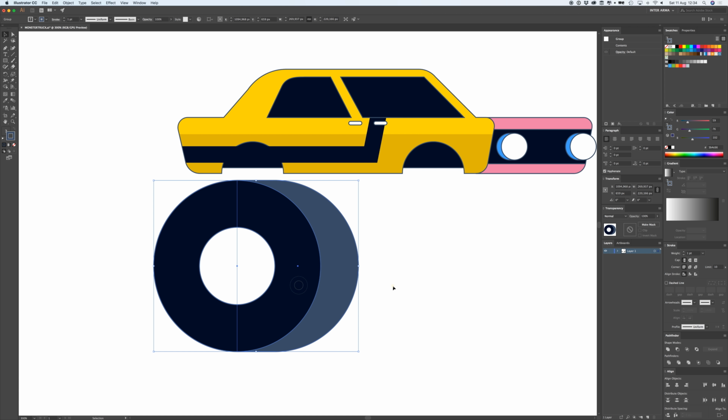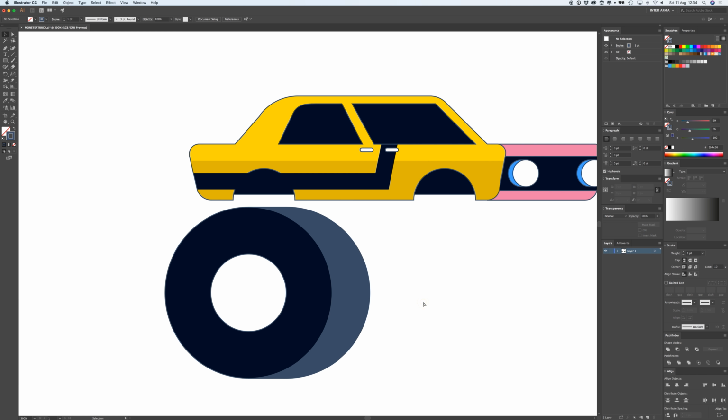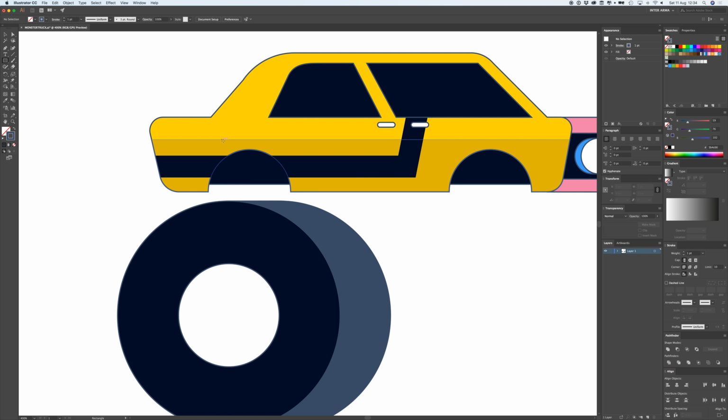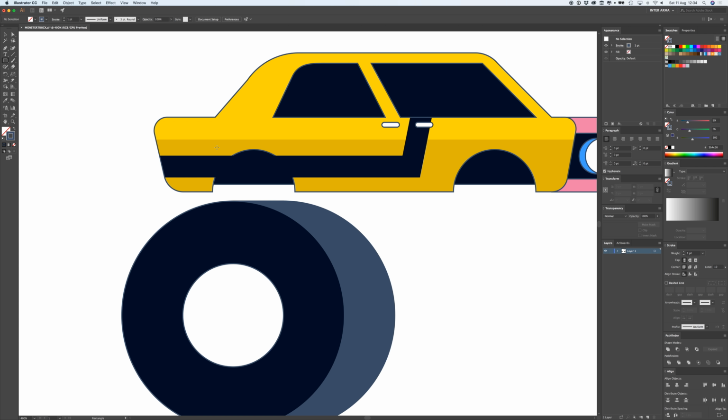Okay, let's place that one right here. And then we're going to create some bars. I don't know what they're called. Suspension or something. This color. And then we're going to press Command X and select